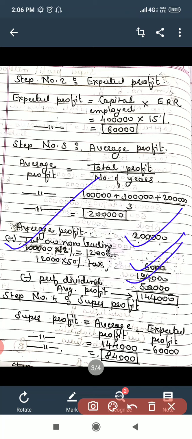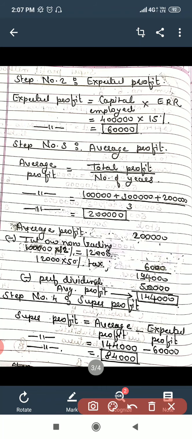So the second step here, that is provision for taxation, we are not supposed to perform. Why? Because the profits which are provided to us are already after tax. Okay, the next obligation which we have to attend is the payment of preference dividend. Now if you can check out your liability side, you have been provided with the 10% preference capital of rupees 5 lakhs. It means the preference dividend at the rate of 10%. The capital is rupees 5 lakhs, 10%, that is why preference dividend I will get rupees 50,000.